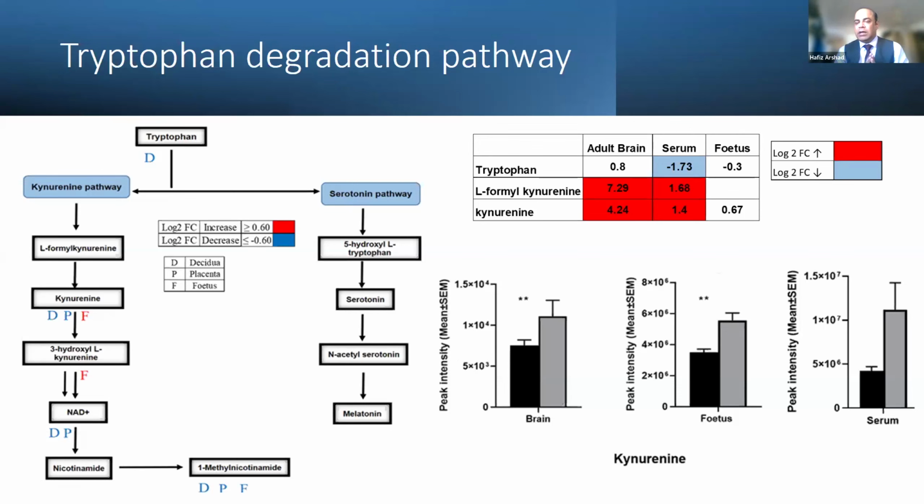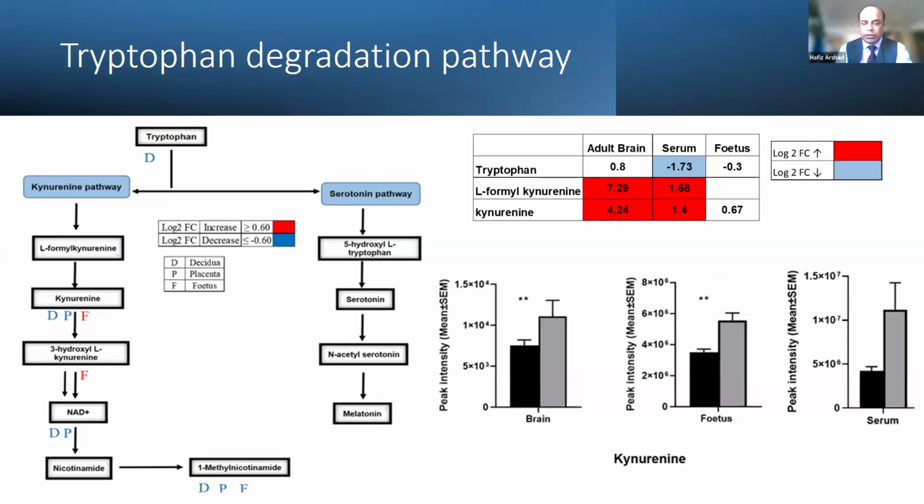In those brains, there was no disturbance or alteration in any kind of tryptophan degradation pathway. Kynurenine was okay, that was normal. There was no alteration in those. So this authenticates the fact that during early fetal life, this kynurenine production is linked with the brain abnormalities or